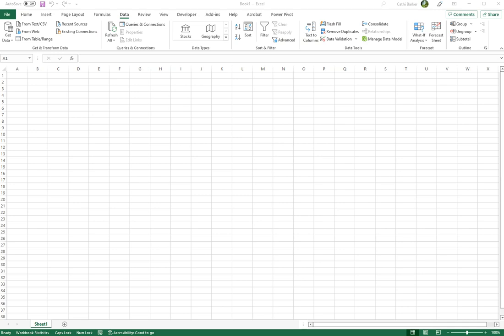We have data in many systems. We have data stored in data warehouses. Sometimes we have data stored in SharePoint, or even data stored in SQL servers. What we like to do is be able to bring that data into Excel where we can easily report and